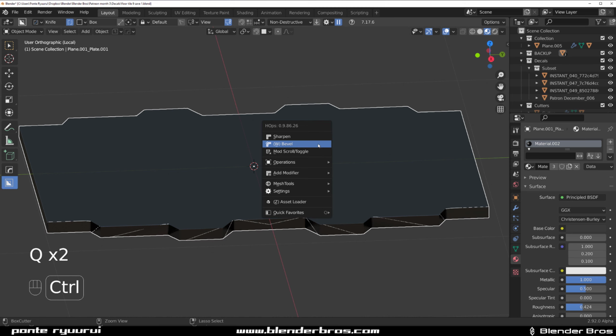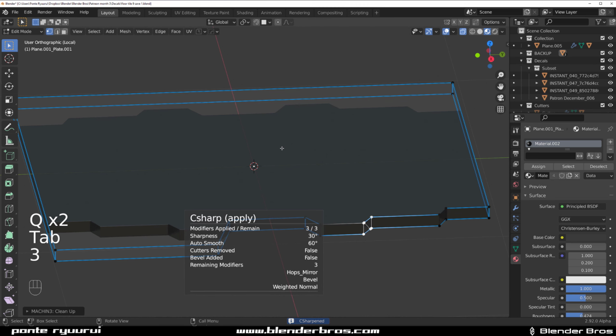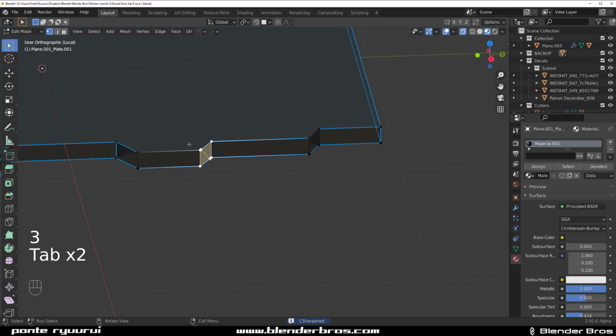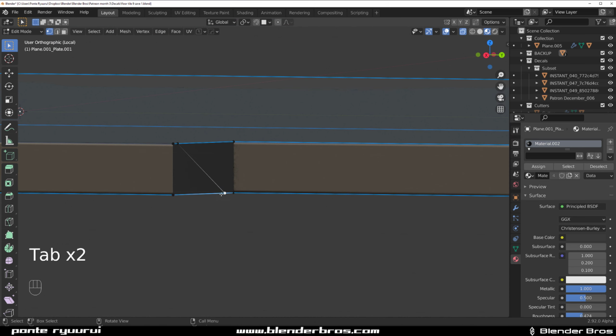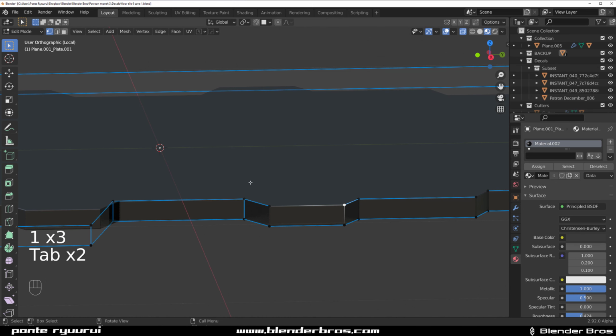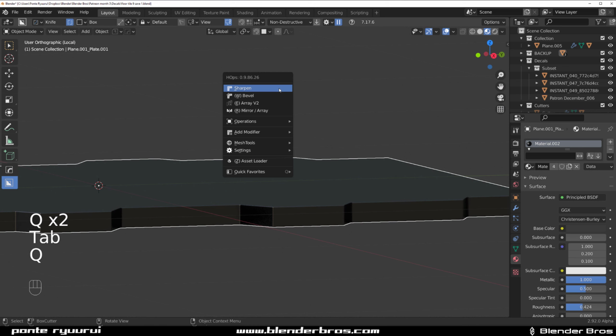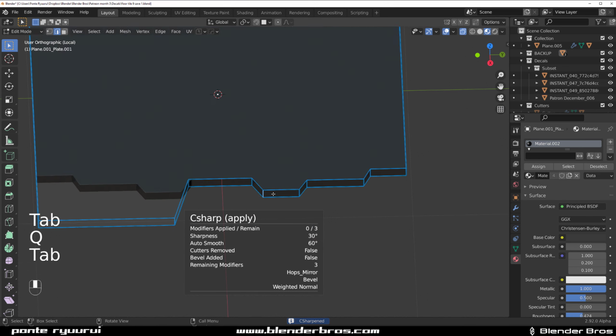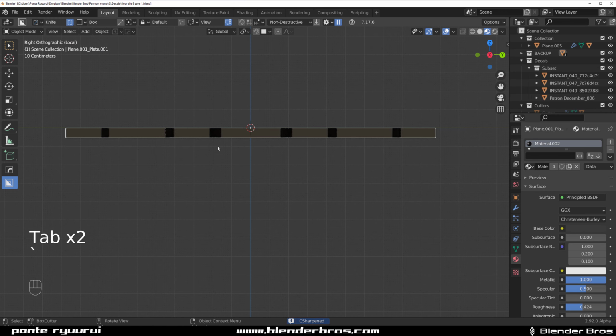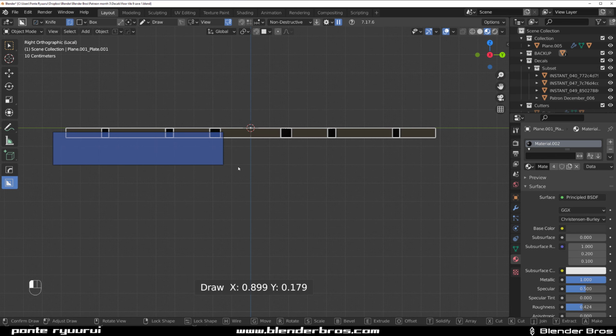We could apply this. So Control Sharpen, then run 3 with machine tool to clean this up, because it's full of weird edges. Let's clean this up before someone calls the police. And yeah, let's run a sharpen, so all these edges are going to get sharpened and it's going to look, you know, civilized. Let's grab a